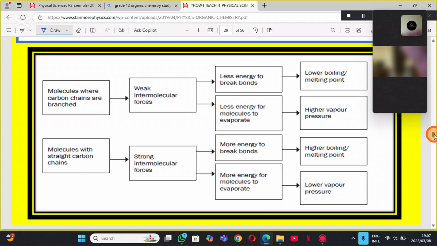So I think we can go to the question now. Okay, and then there's this where it says that molecules where carbon chains are branched, right? Like, you see I have a branch, right? Compared to, okay, wait, so is the one on top weaker because it does not have a longer chain as well? Yes. Okay. So it's easier to remove this branch than it is to remove part of,